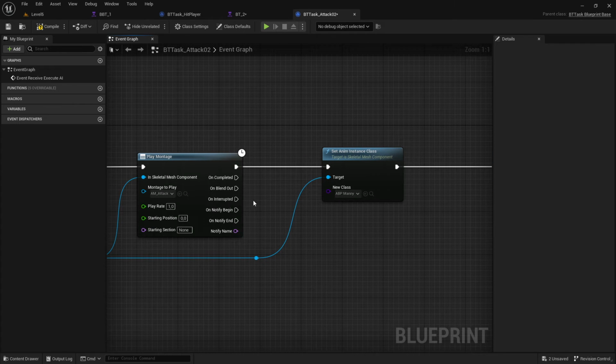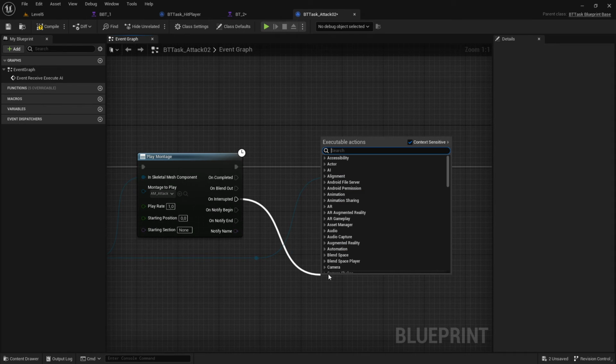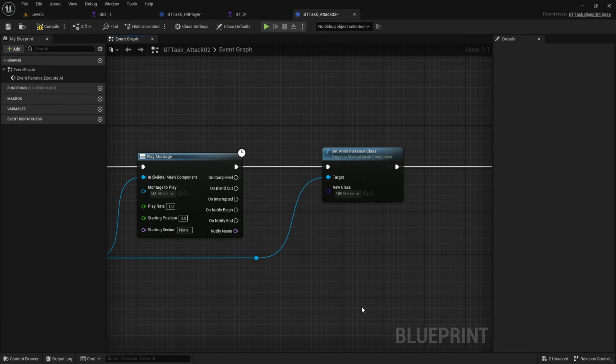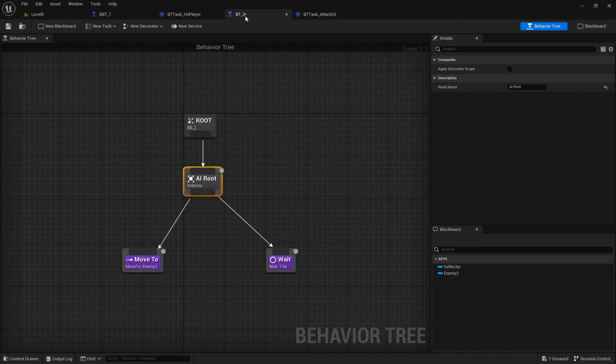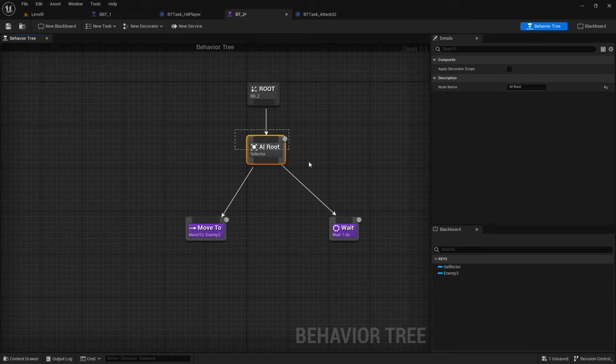So it can be interrupted here, and then it is doing anything here. And after that one, it also needs a Finish Execute, then with fail or success. You have to select this here, with fail or success. That's very important. And the reason why this is important, like I tried to explain before, is this nodes here,